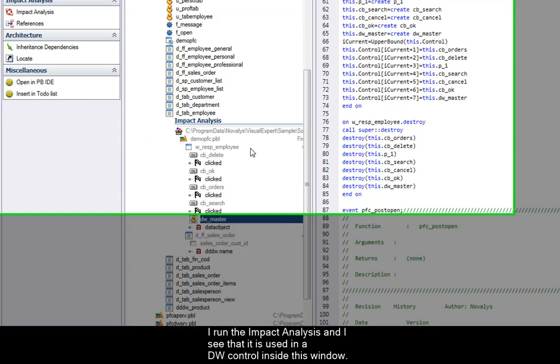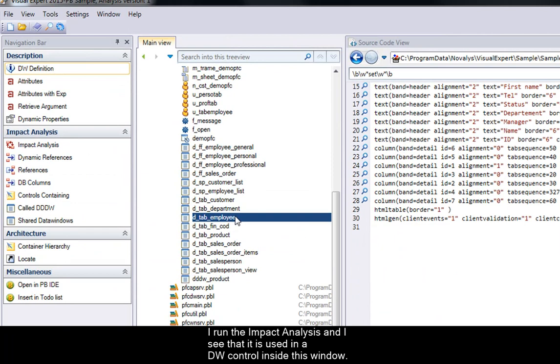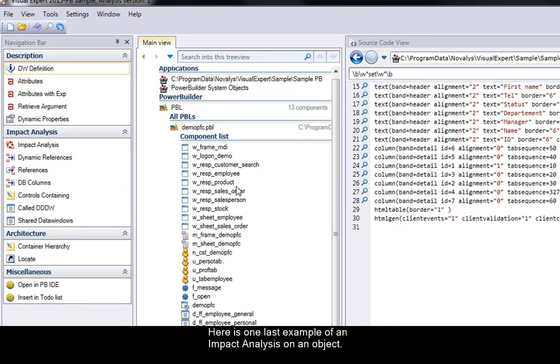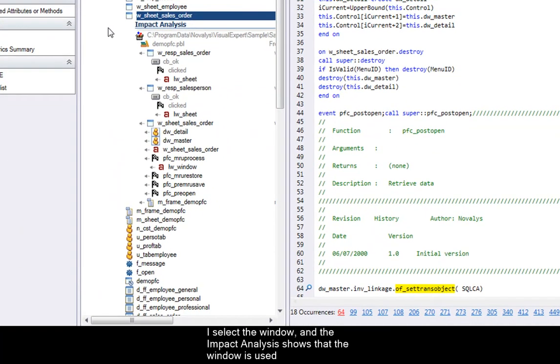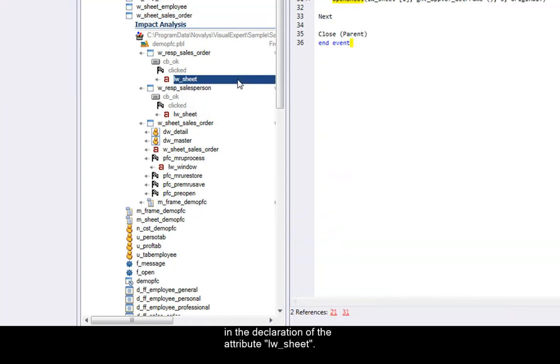window. Here is one last example of an impact analysis on an object. This time we will look at a window. I select the window and the impact analysis shows that the window is used in the declaration of the attribute